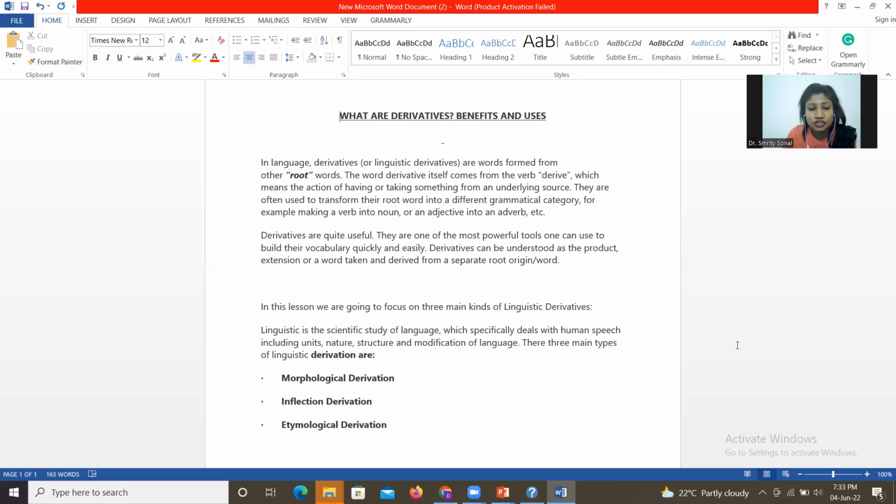So first of all, I'll tell you that there are three main kinds of linguistic derivative. In this lesson, we are only going to talk about the linguistic or the language derivative. The first one is morphological derivation. The second is inflection derivation. And the third is etymological derivation. Now, moving on to the first one,